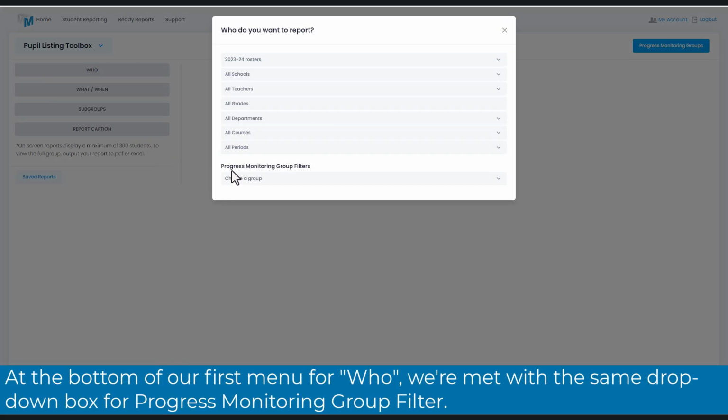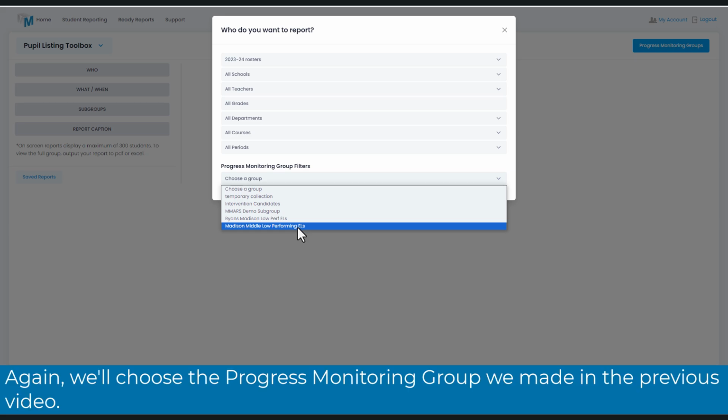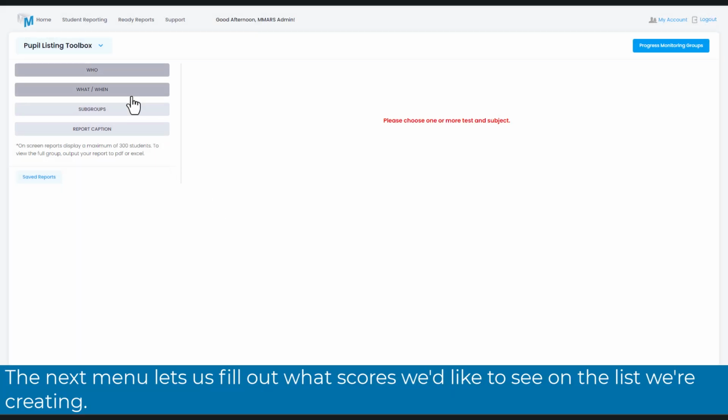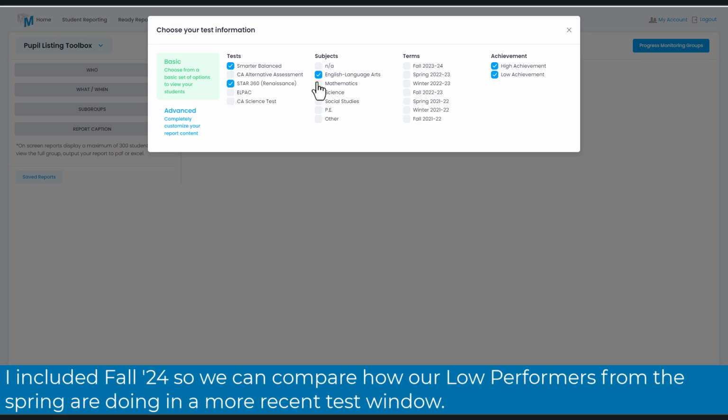At the bottom of our first menu for Who, we're met with the same drop-down box for progress monitoring group filter. Again, we'll choose the progress monitoring group that we made in the previous video. The next menu lets us fill out what scores we'd like to see in the list that we're creating. I included Fall 24 so we can compare how our low performers from the spring are doing in a more